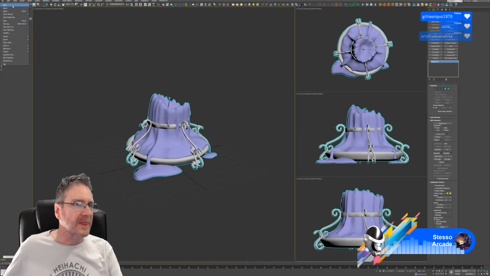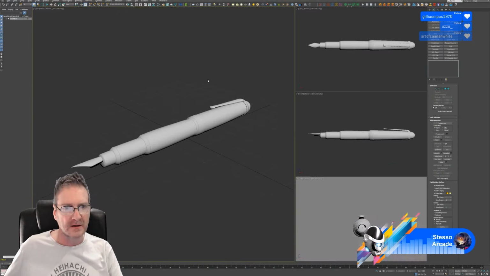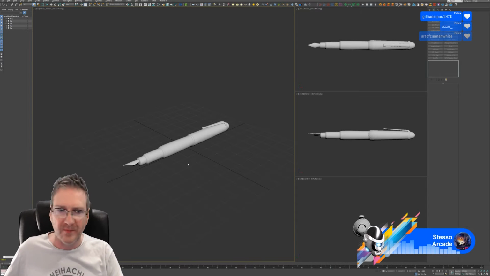Alright, let's move on to the next asset, which will be the pen. One of those old-timey pens.